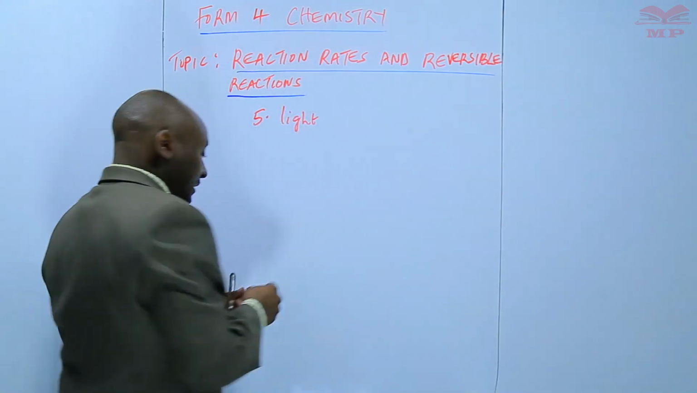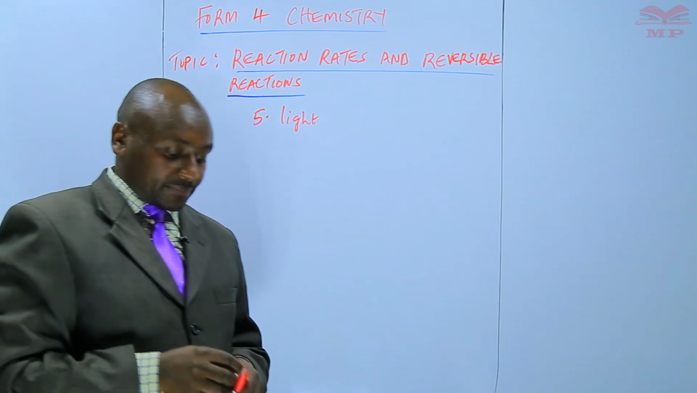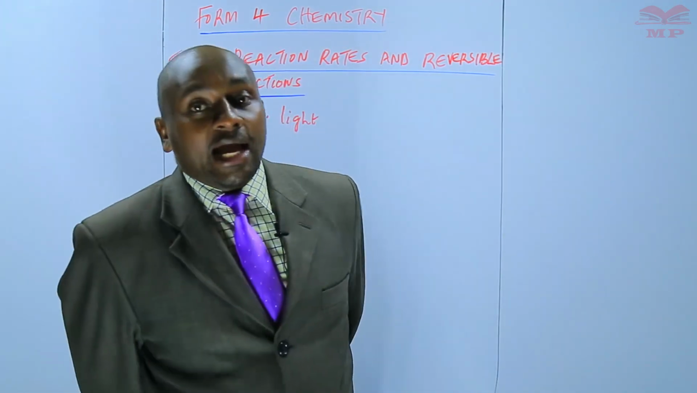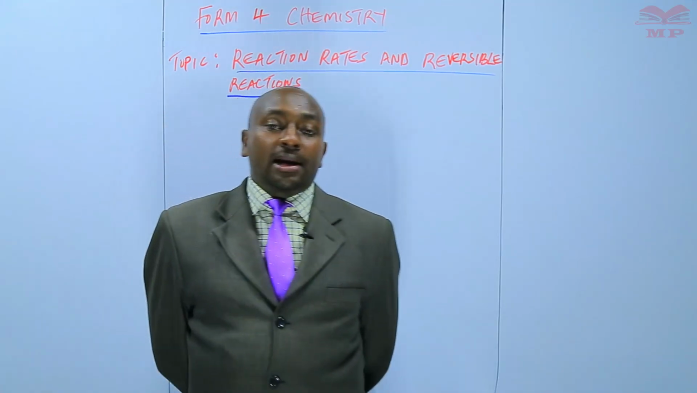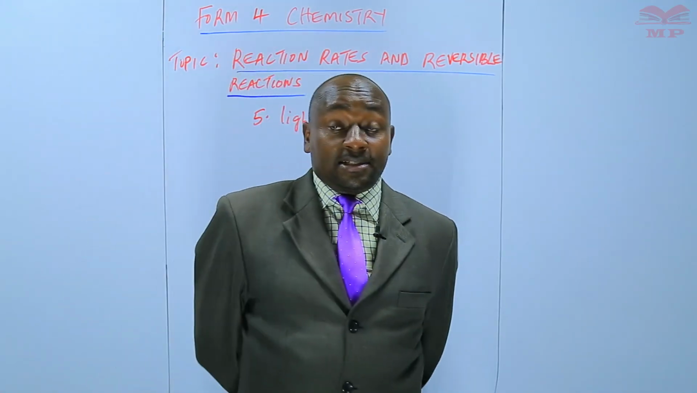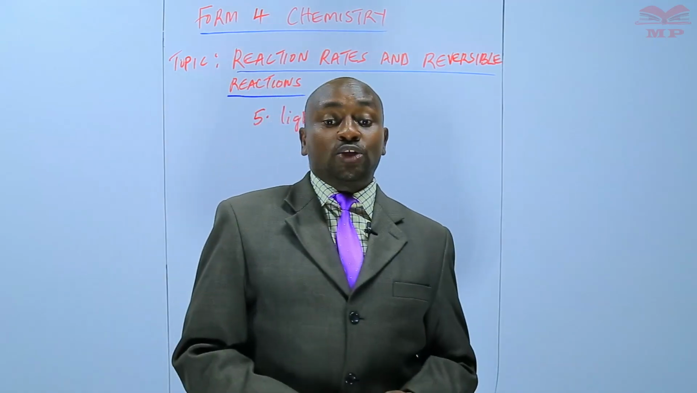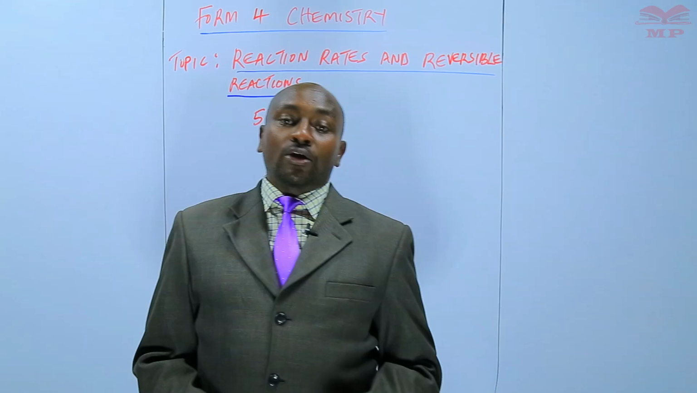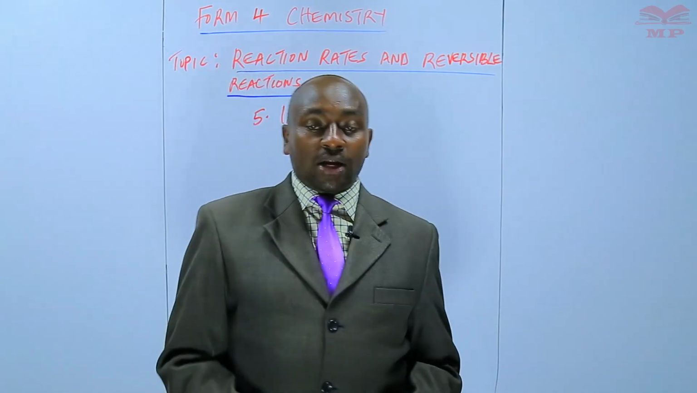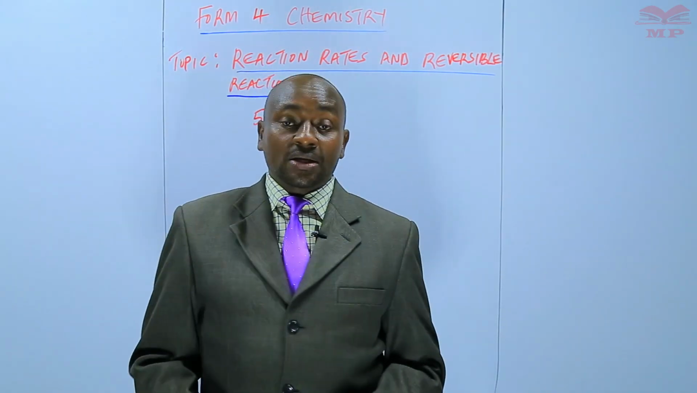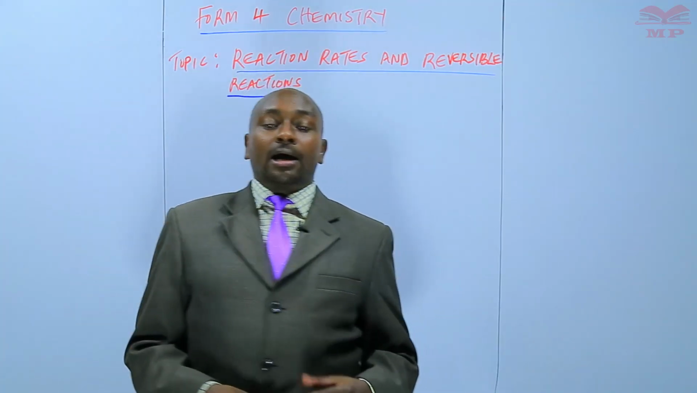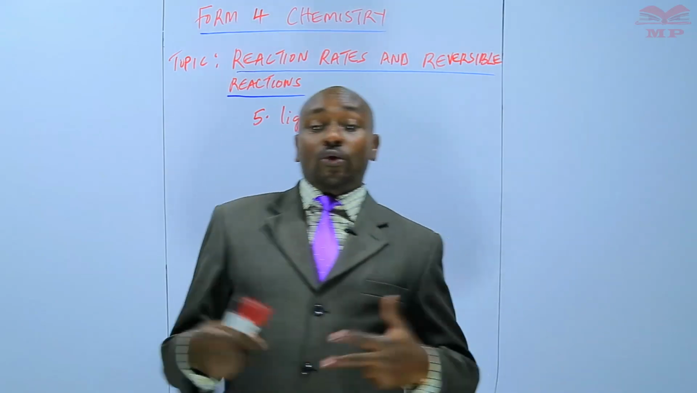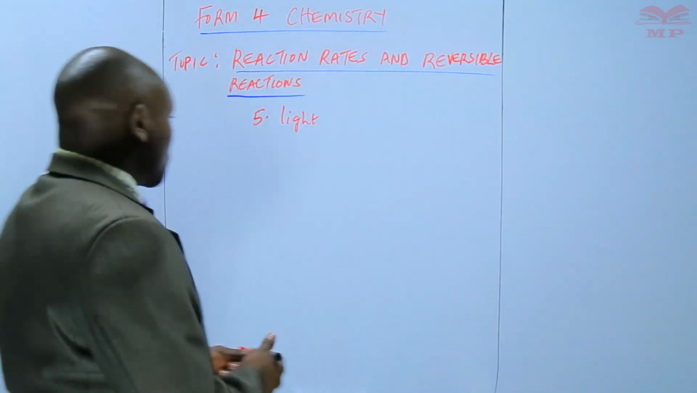So light is a factor that affects the rate of reaction, but as mentioned earlier, not all reactions are affected by light. We have particular reactions, and we refer to these reactions as photochemical reactions. So photochemical reactions are those reactions whose progress is affected by the presence or the absence of light. So we can say that